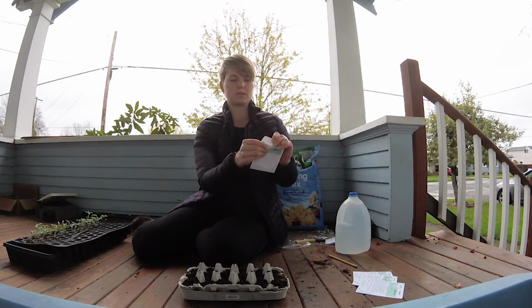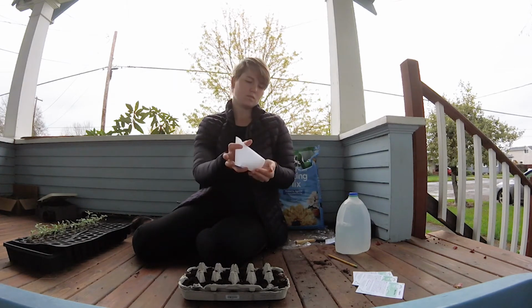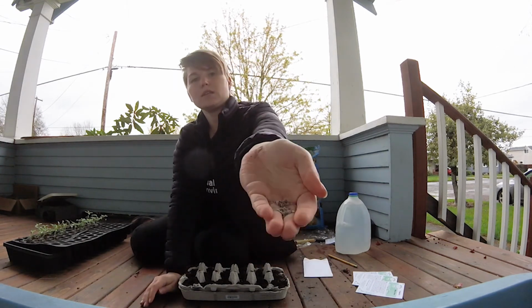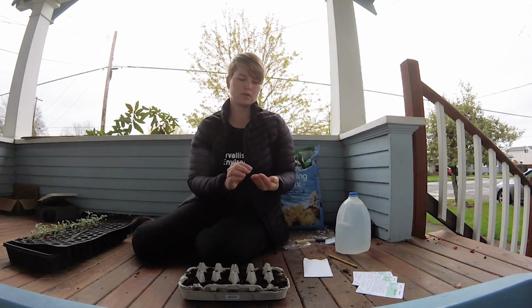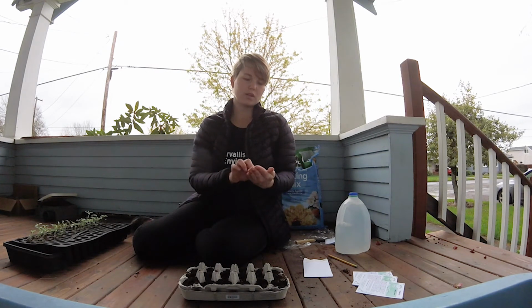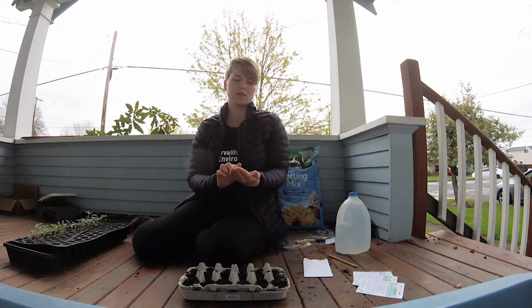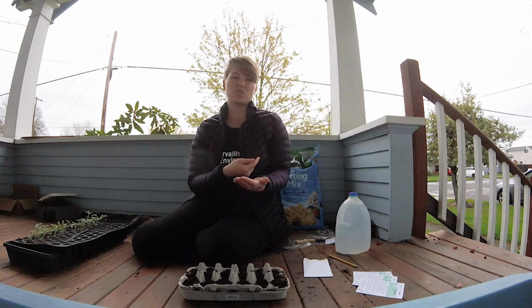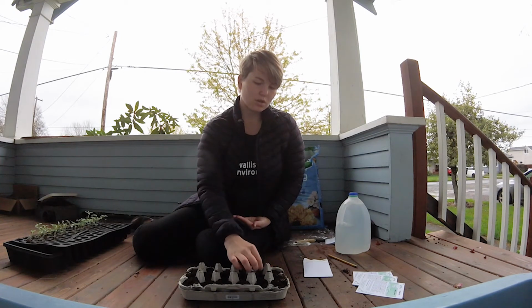Alright, so here's one of my tomatoes. I'm going to open this up. So as you can see, these seeds are a lot smaller. So they can be a lot trickier. And what I'm going to do is I'm going to put about 2 or 3 seeds in each hole. And then when I get to the seedling part, I'll show you why I'm going to do that. But for right now, I'm just going to put about 2 to 3 seeds in each of the holes that